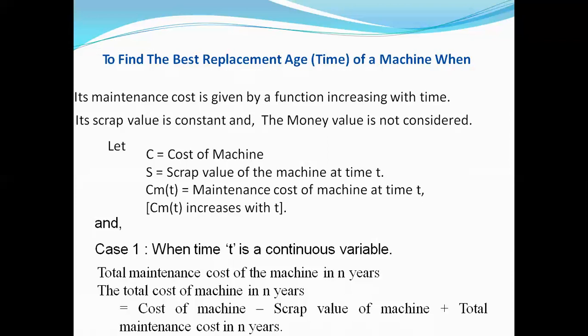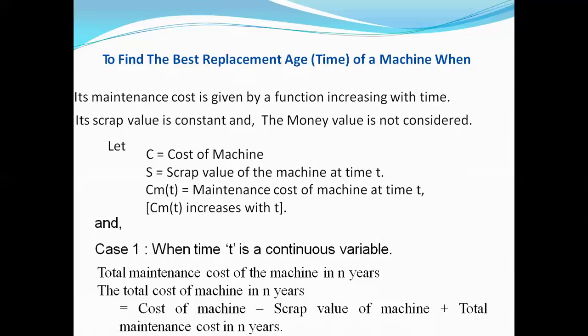with respect to the economical basis, etc. So first considering case one, when t is continuously variable. Here t refers to the time constraint. So here the best replacement is assigned with respect to the time, the lifetime of the machine. So if the time t is continuously variable upon the operational sector, and hence the total maintenance